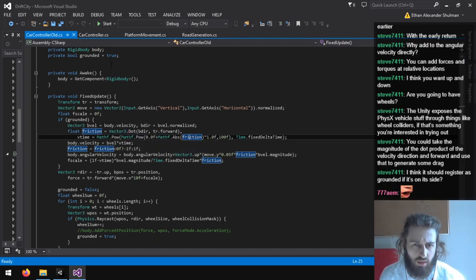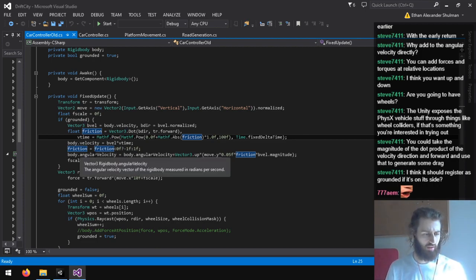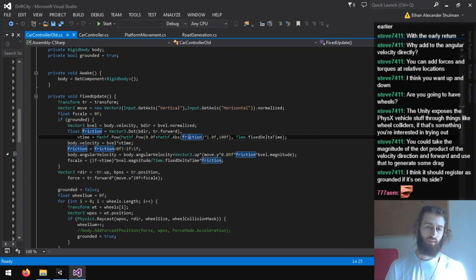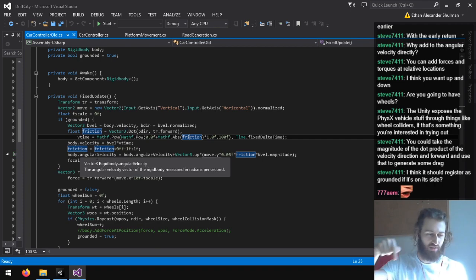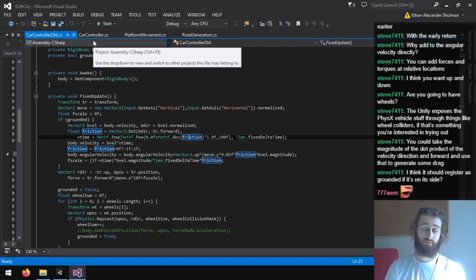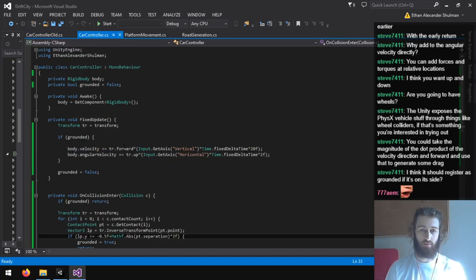So I'm thinking though, technically the friction should also have to do with the angular velocity. I'm just thinking like the angular velocity technically is only friction when the wheels are forward. When the wheels are sideways, some of it isn't friction, it's actually the wheels turning. I guess I'll try just simulating this to begin.